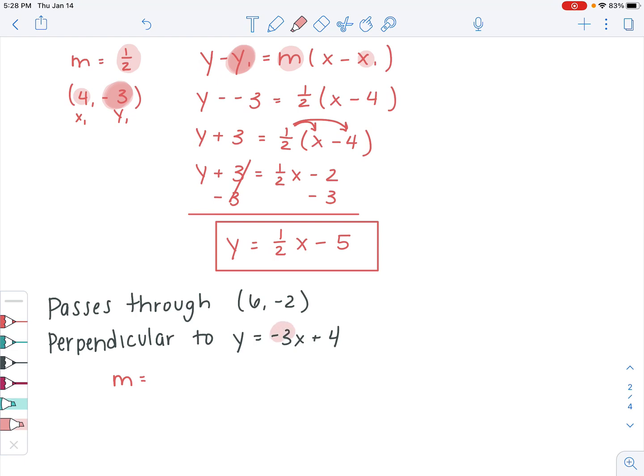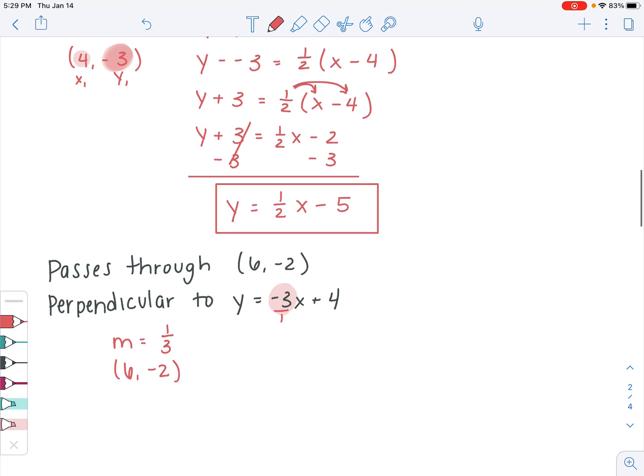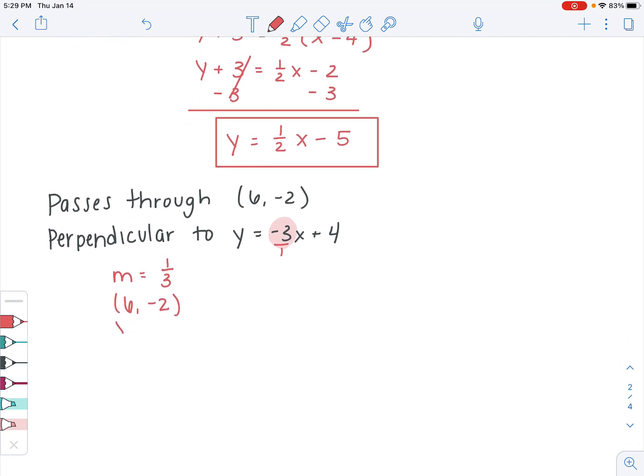In order to pick out my slope, I'm going to look at my equation. My equation has a slope of -3, but I know that perpendicular lines have opposite reciprocal slopes. So the opposite reciprocal of -3 is really positive because I changed the sign. And then I flip the fraction, so my slope here is just positive 1/3. And I'm going to use the point (6, -2). 6 is my x1, -2 is my y1. And I'm using that same point slope formula again